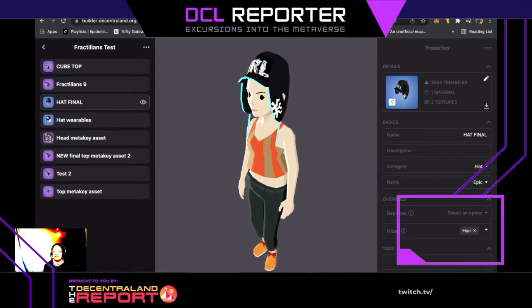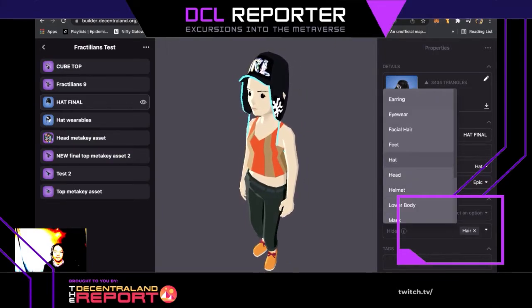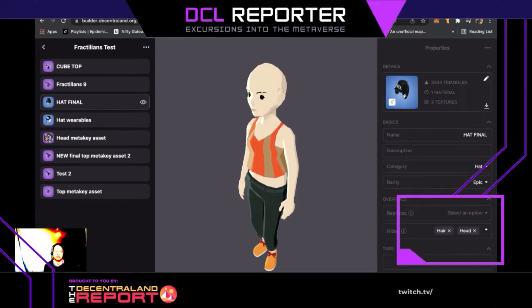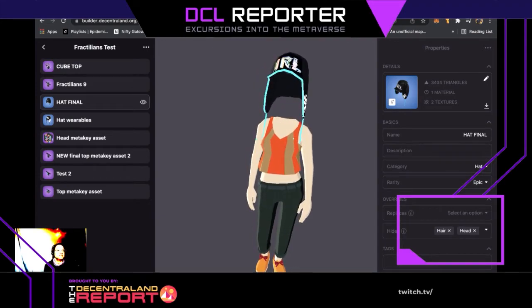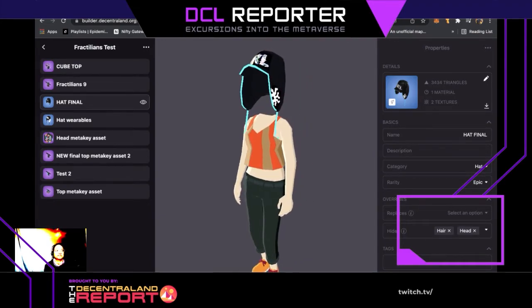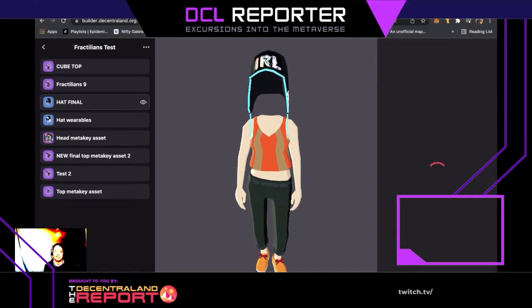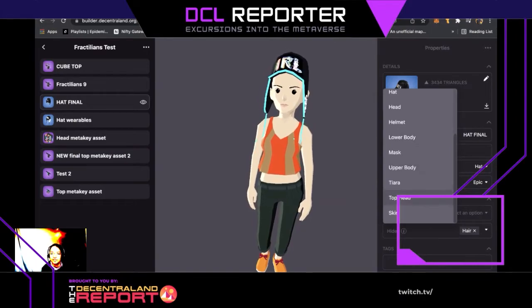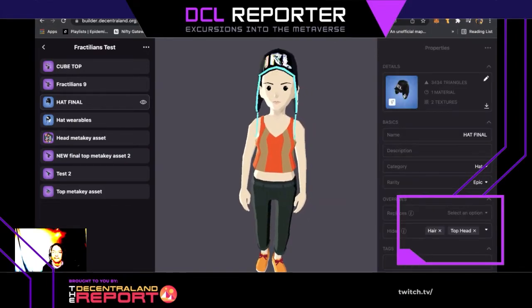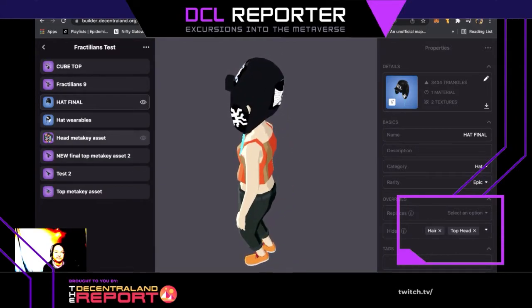Another cool thing you can do is over here on the right hand side, let's say you have a wearable that covers the whole head and you don't want the head there. You can actually look for the head, save it, and now the head will be gone. See? You can have an invisible headed person. Right now you've been seeing some of those invisible wearables, there you go. So let's add the head back up. You can actually do top of head alone. I believe top of head is on there. Top head. So that would be just top of head. It doesn't take care of the ear situation, but you kind of get my...